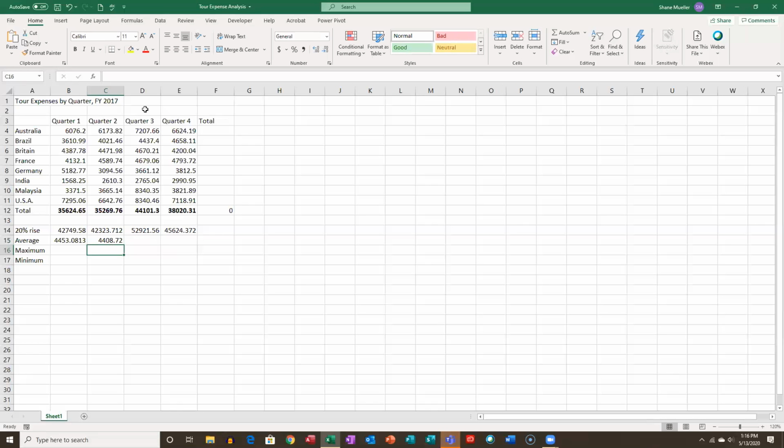And then again, you could use your ribbon if you wanted to as well. So once we've got that, we can go ahead and fill that over. And it's going to just fill the same formula